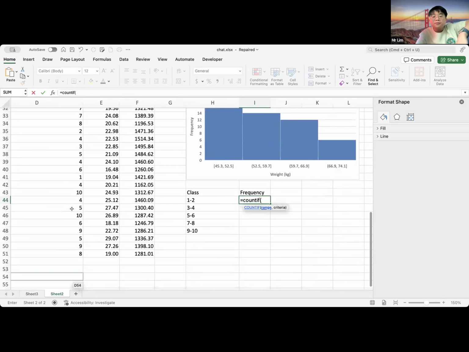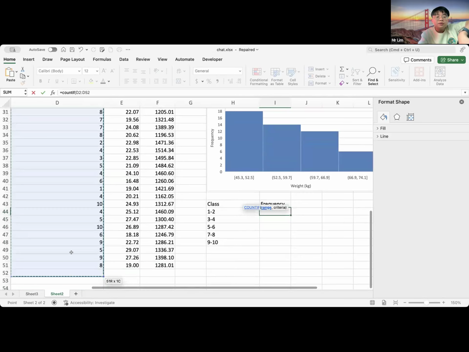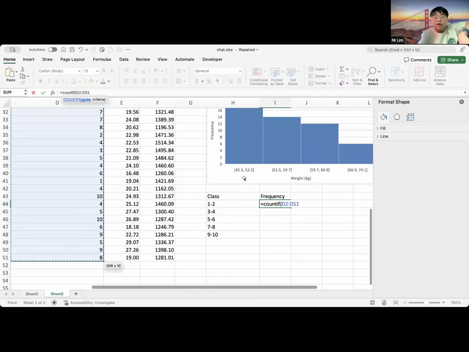And if you open the bracket, let's say I want to count in the range of this to here, right? This is a very useful technique. Learn it and you will find it useful sometime. And the criteria is what you want to say. For example, you want 1 and 2, right? So maybe you can say, I think